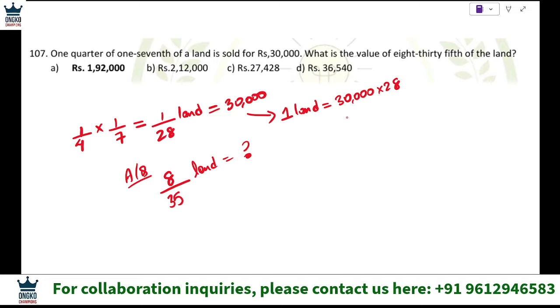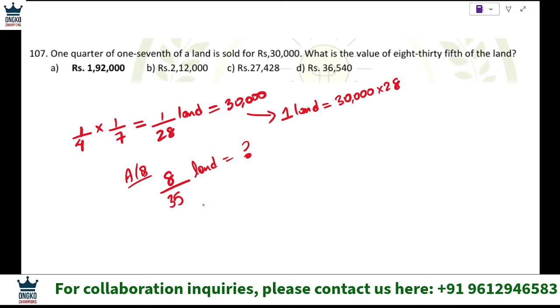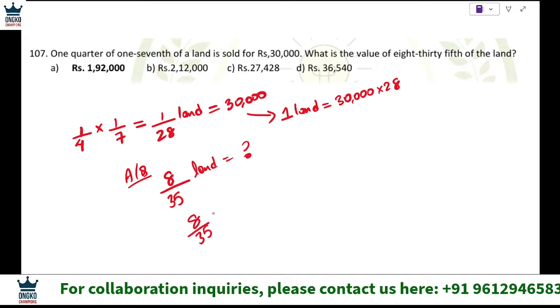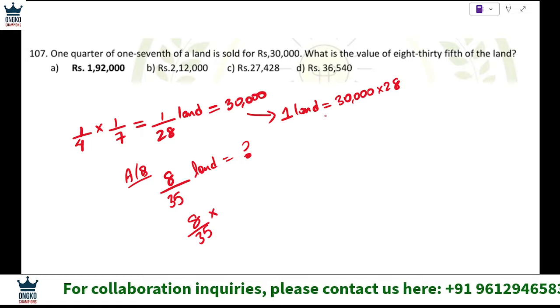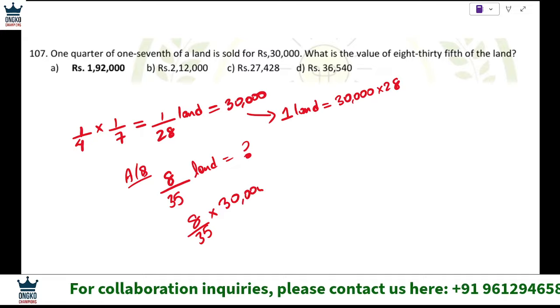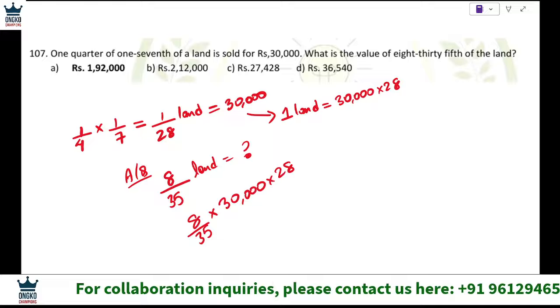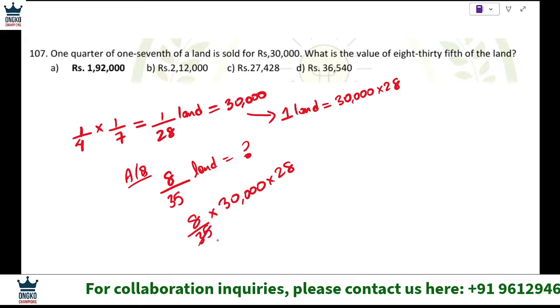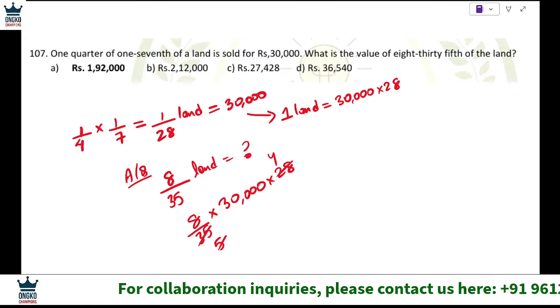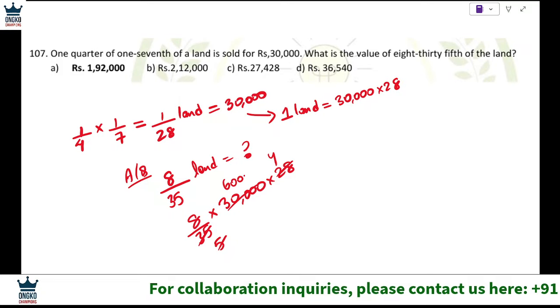So here one part is this much, so how much will 8 by 35 parts be? 8 by 35 parts into one part of the land is what? 30,000